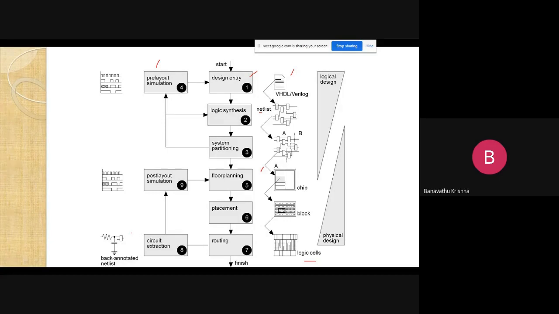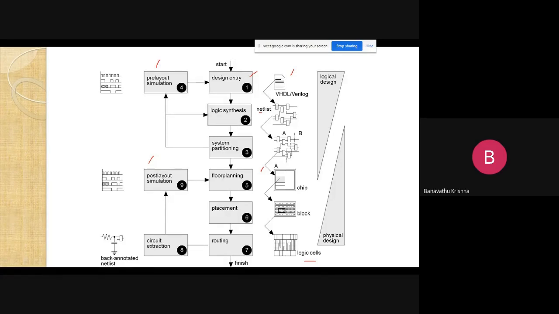In circuit extraction, the components in this circuit are extracted at gate level and then transistor level, going deeper to MOS transistors, resistors, capacitors and so on. Then we go for post-layout simulation. Before going to market, it is verified whether it works properly according to the requirement.